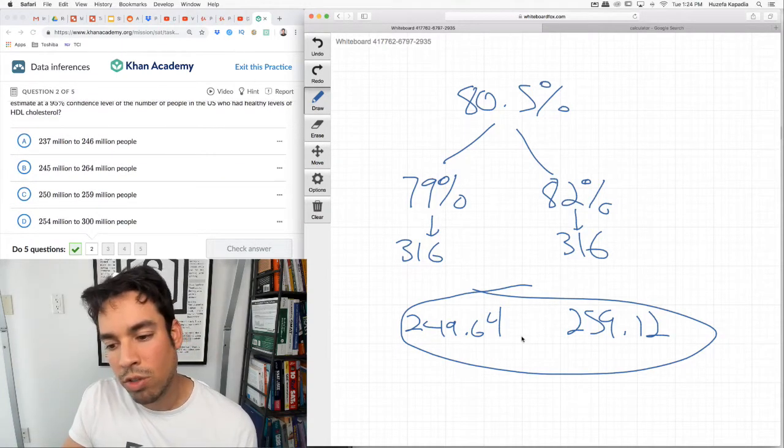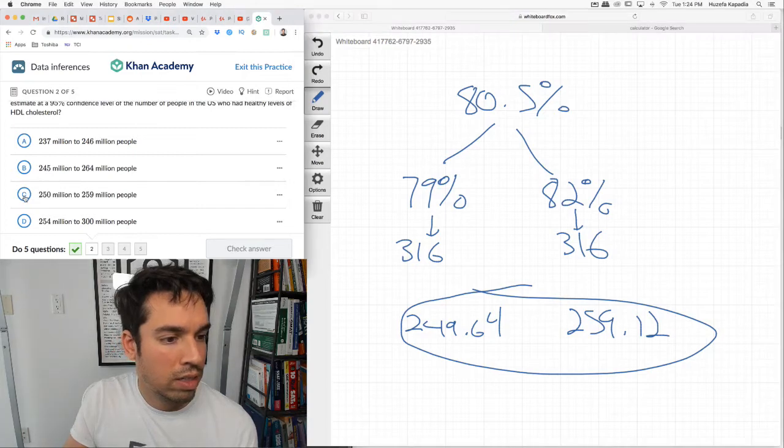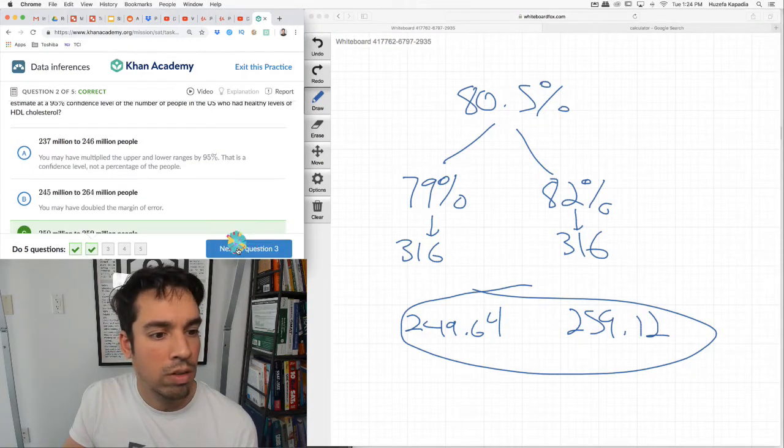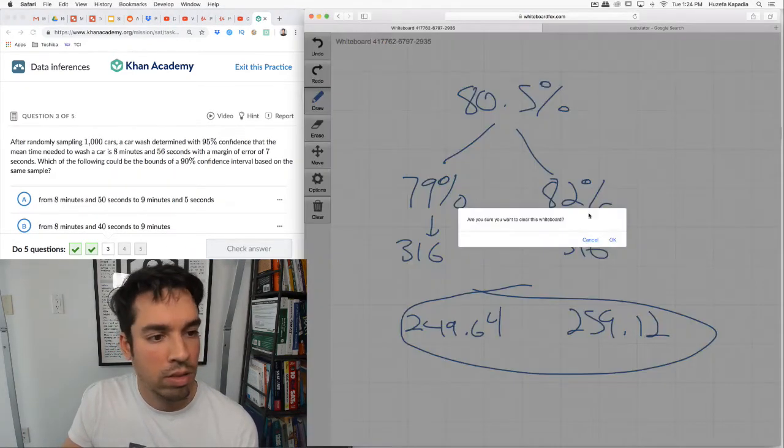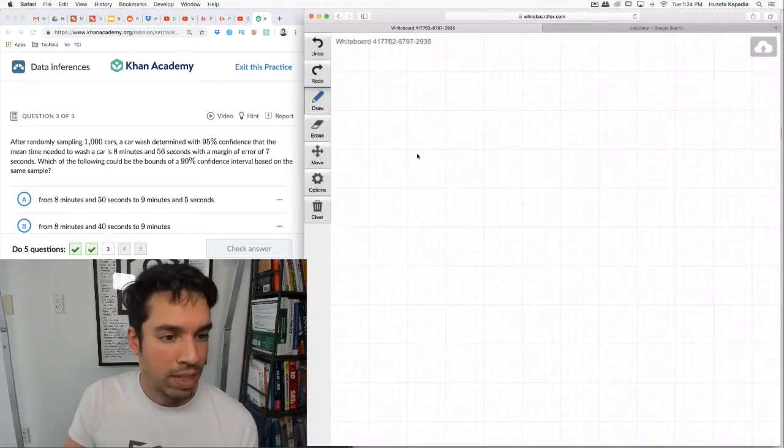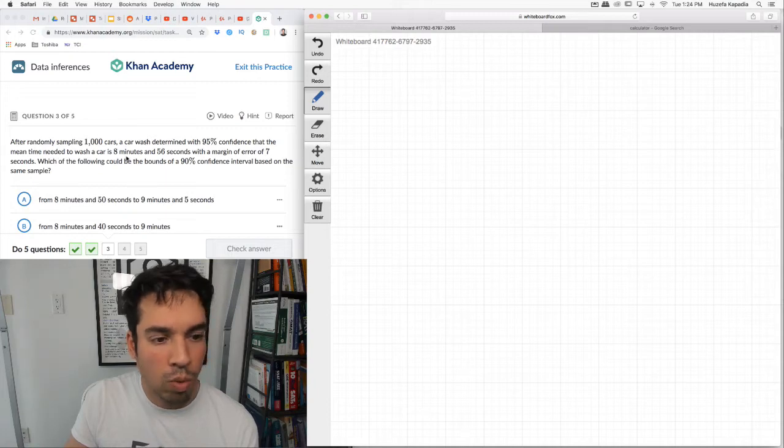And if we round this up to 250, round it down to 259, I say this is golden. Boom. Next. After randomly sampling 1,000 cars, determine 95% confidence level that the mean time needed to wash a car